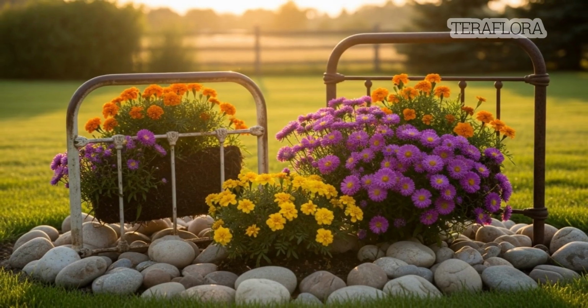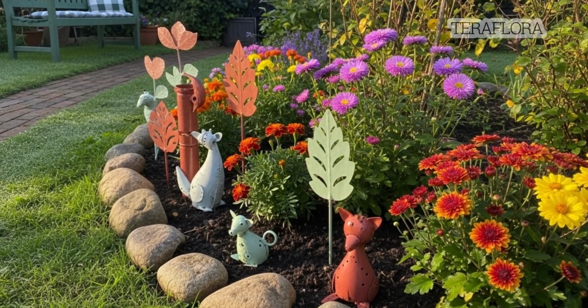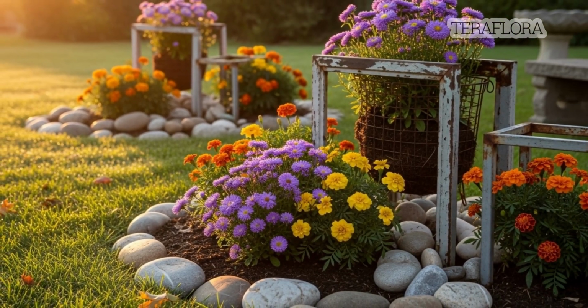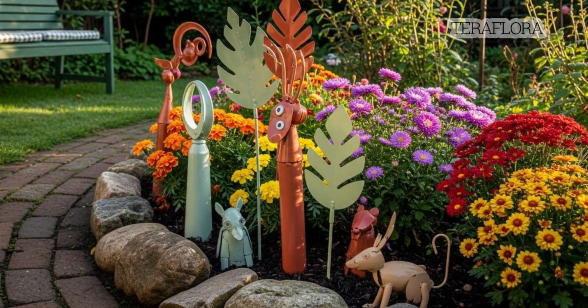The sunlight trickles through the leaves, dancing over the metal's curve. It's not perfect, but it feels human, a quiet conversation between time and renewal. The iron hums faintly in the breeze, as if proud of its second life. Nearby, a woman kneels,